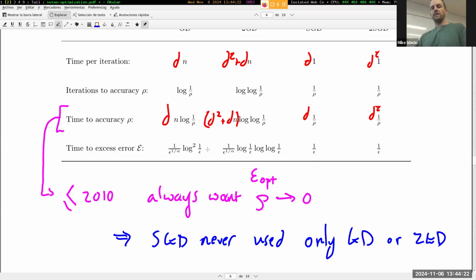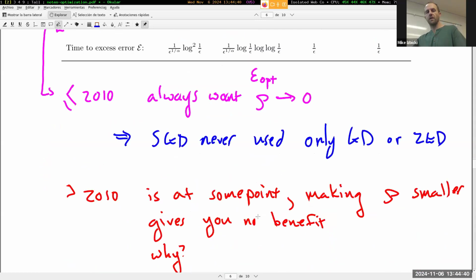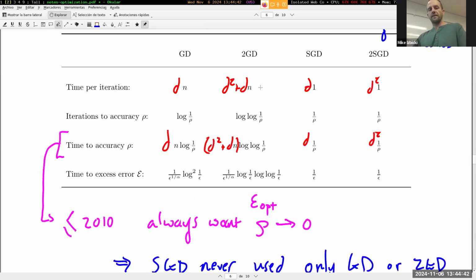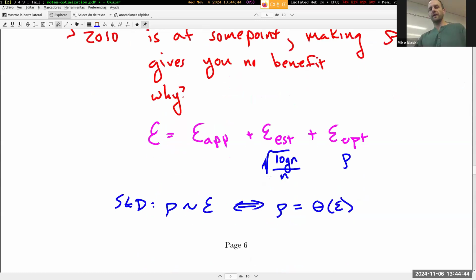For gradient descent and stochastic gradient descent, we do that same equivalence to get rid of rho. And when we do that, we get a 1 over epsilon inside the log over here, and then a 1 over epsilon inside the log factor right here. Log 1 over rho becomes log 1 over epsilon. For gradient descent and stochastic gradient descent, to get rid of the n values, we also have to set,